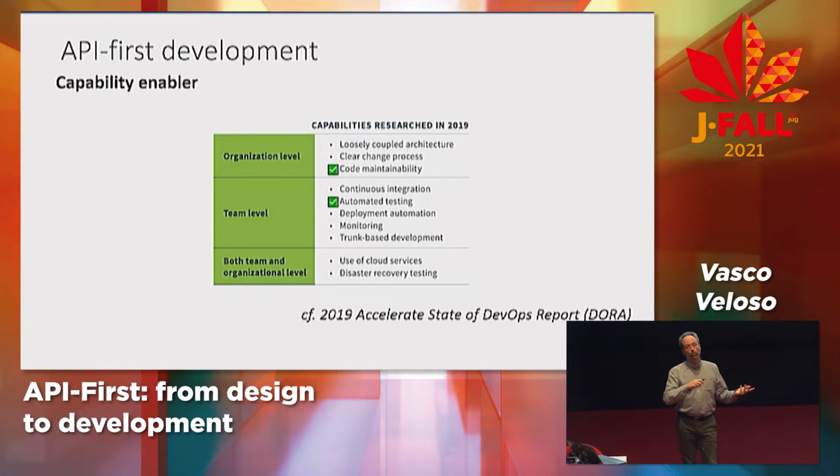If we look at one of the very well-known research companies that has been active in the past years and is now a Google department, the DORA research group, in their 2019 Accelerate State of DevOps report, they published a set of capabilities that they believe are important for any organization in improving their DevOps capabilities. In my opinion, this approach actually ticks two of those boxes. One of those boxes is about code maintainability,